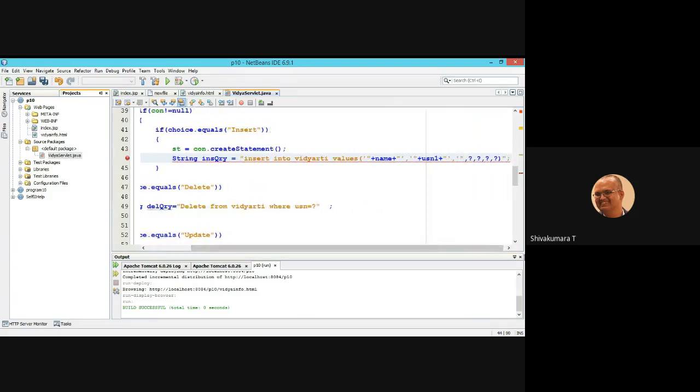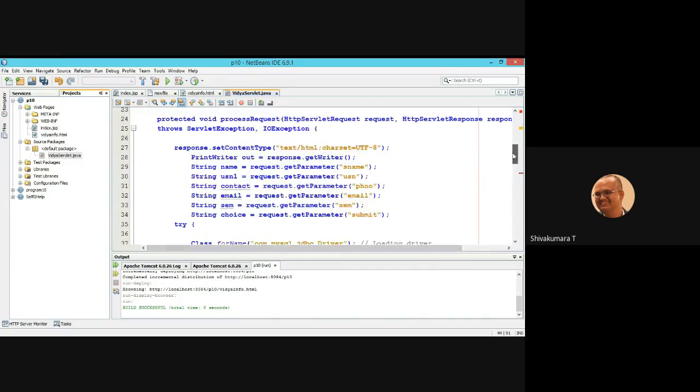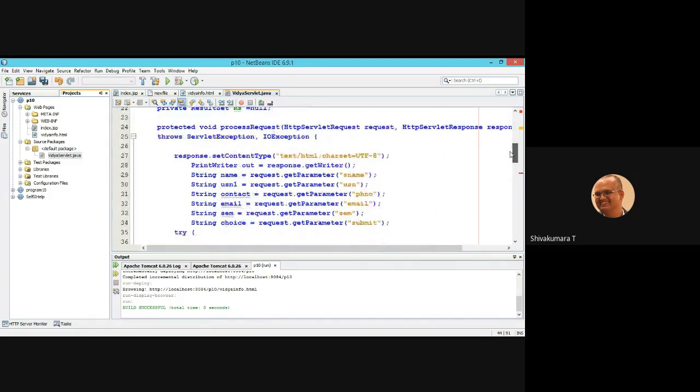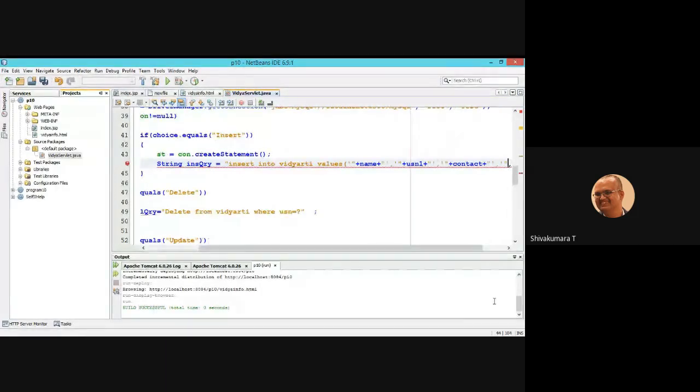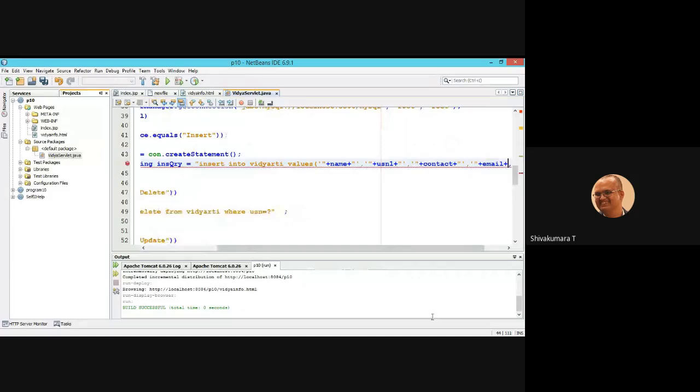The third value is contact email, and finally the semester. Finally 7. So the closing is over.